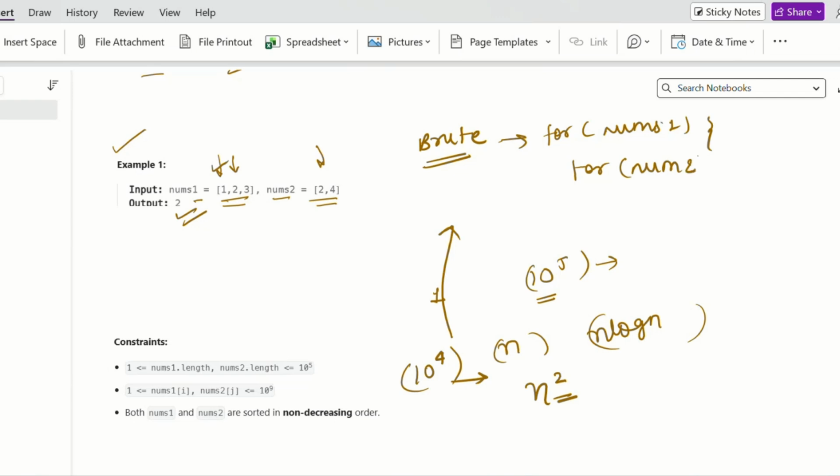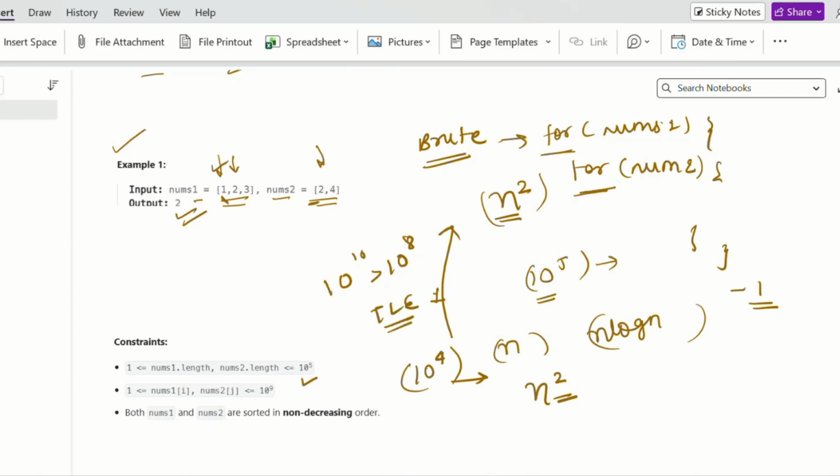So we check every element of nums1: if it is present in nums2, we return that element, and if we move out of these two for loops, we return -1, since we are not able to find any common integer. This brute force approach uses two for loops, so it will take n square time complexity, and in our question n is up to 10 to the power 5. So it will be 10 to the power 10, which is greater than 10 to the power 8. So we will be getting TLE.